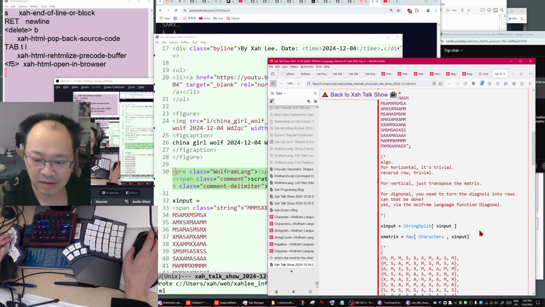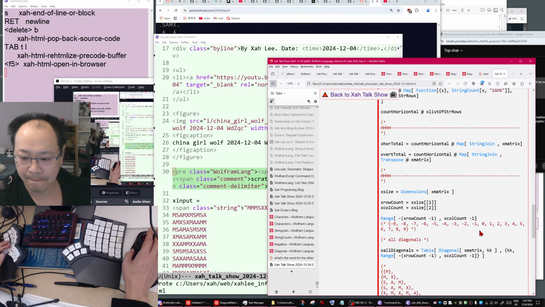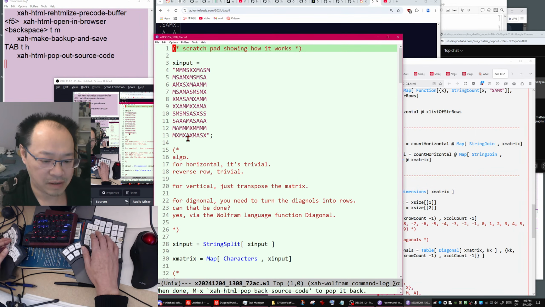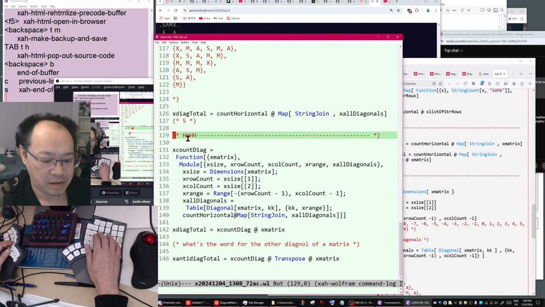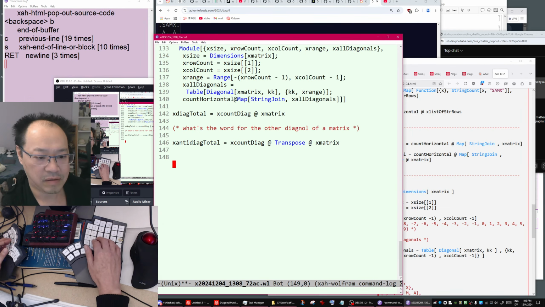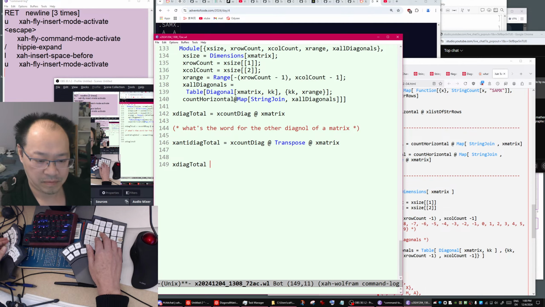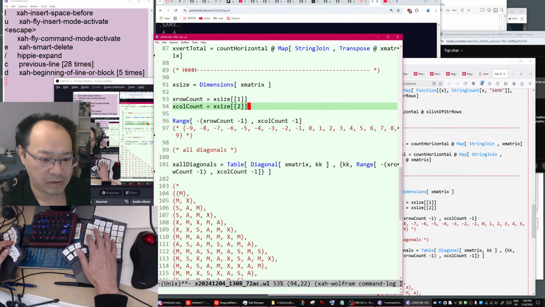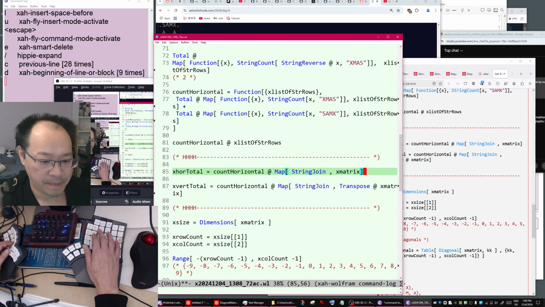Supposedly we give that. Wait. Let's do this. Let's add them together. So diagonal total plus anti-diagonal total plus vertical total and horizontal total.